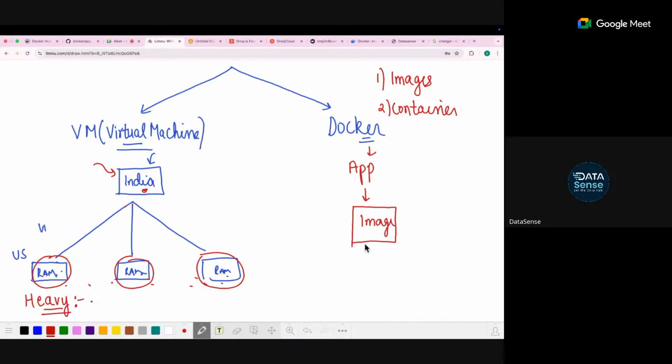And over that image you deploy various containers, let's say container 1, container 2, container 3, container 4, just like these things were there. But what is happening now is all these containers are utilizing the same memory only, the one present inside this image. And this makes Docker lightweight.